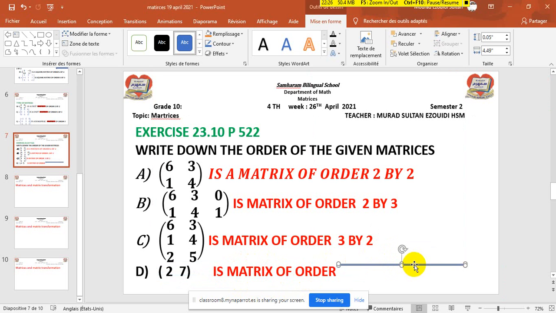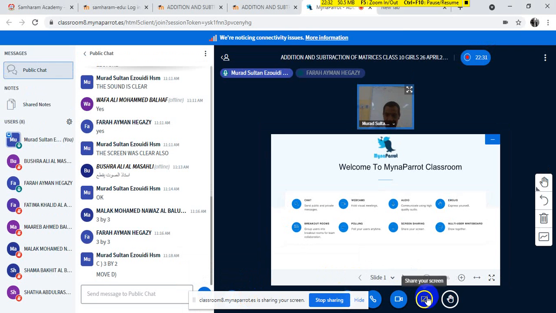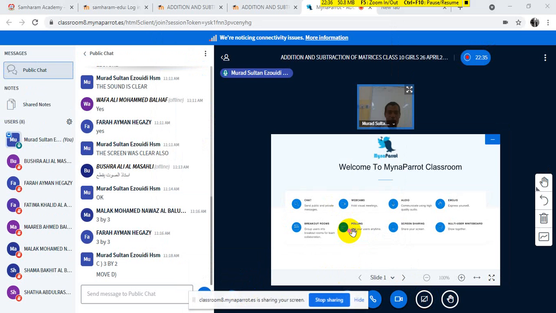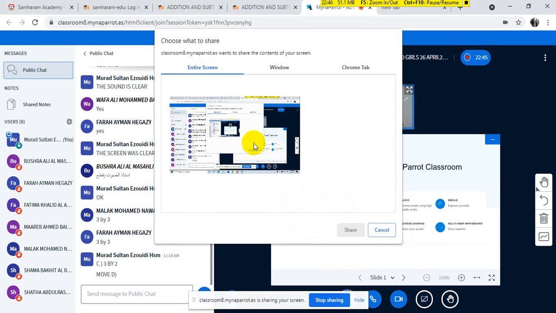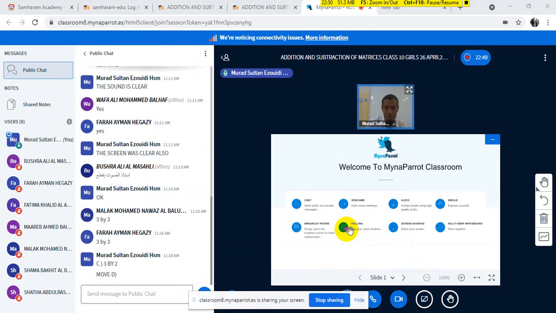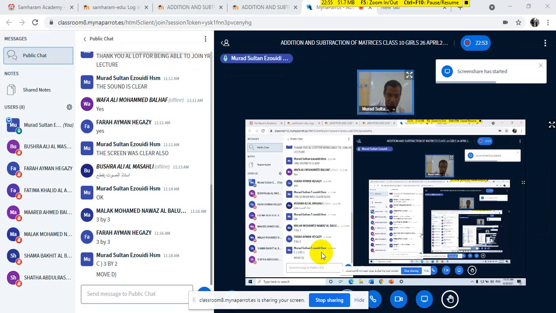Teacher, there is no picture. There is no picture. Okay, I already shared, my daughter. Okay, I will do it again. Just a moment. Maybe a problem connection or something like that, but we will try to solve this problem as soon as possible. Screenshot, please go. Okay, screenshot. I will wait for you also. Okay, now it's clear.